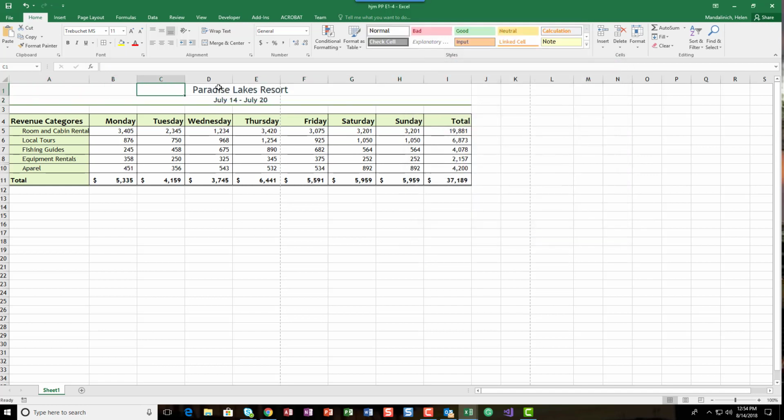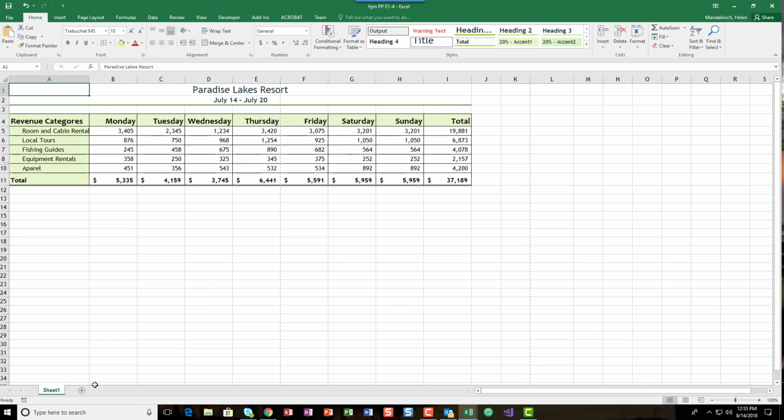So we still can go to these individual ones. But the text that is in these two cells is centered visually across, but it still resides in these cells, and we can tell that by the formula bar. Okay,